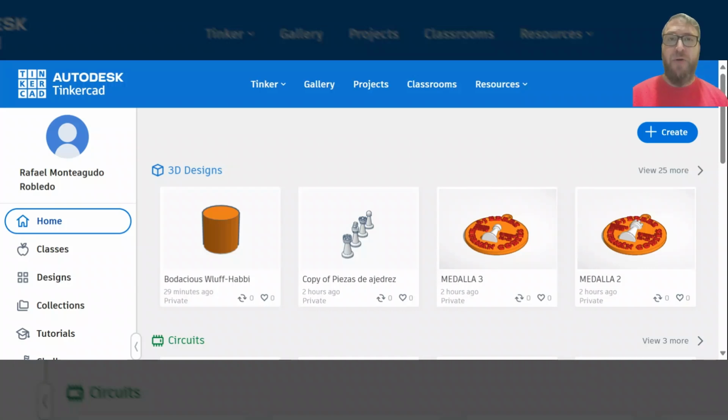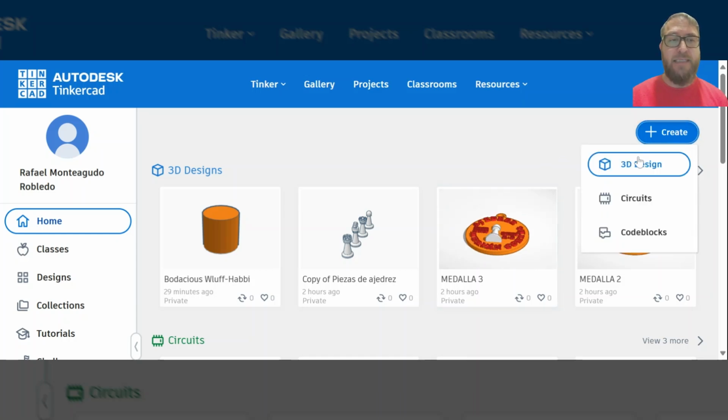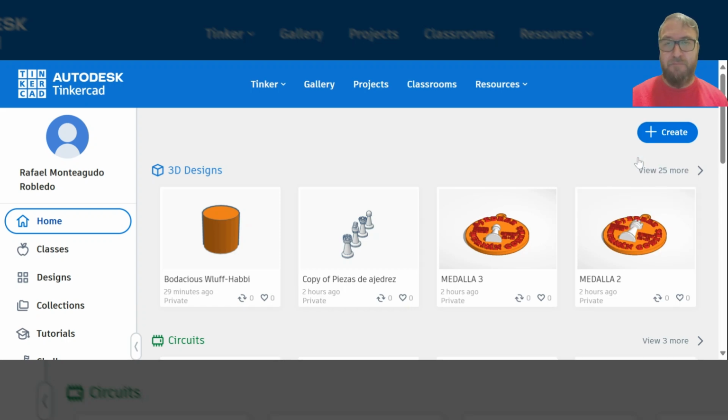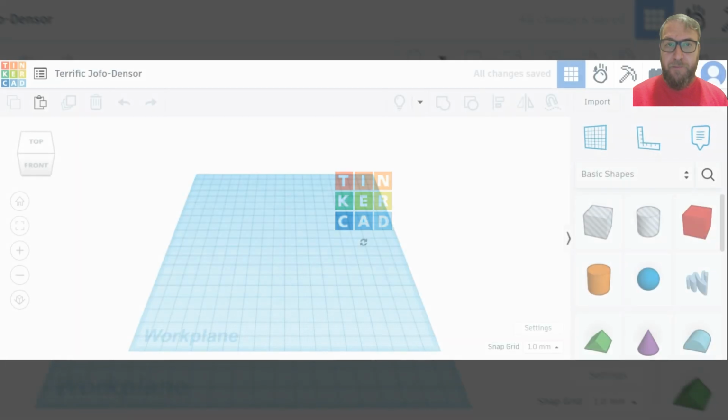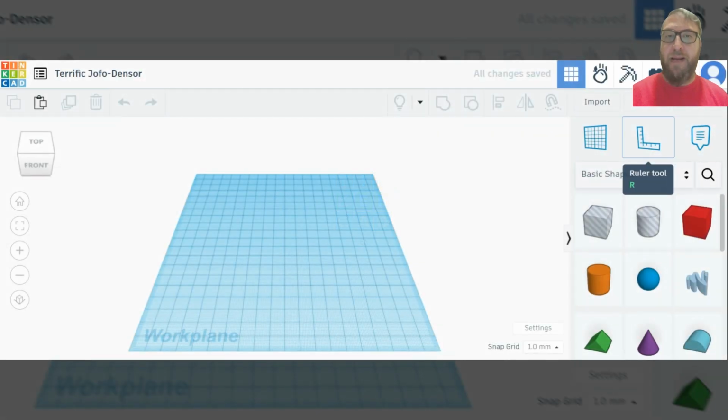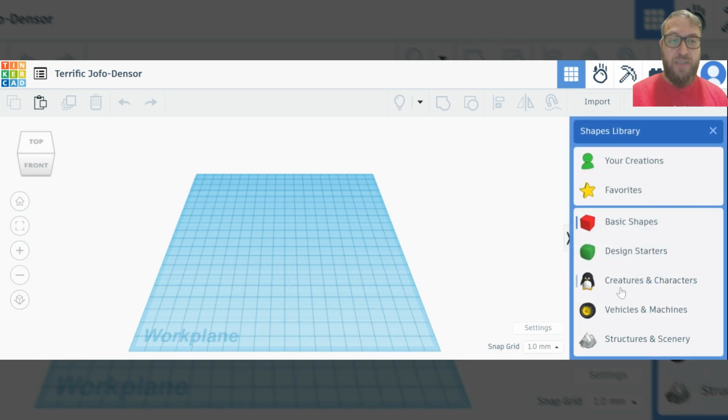Today I'm going to show you how to design a pumpkin with TINKERCAD. First, we're going to click on Create and select 3D Design. Now we have the work plane open. This pumpkin is going to be created with eggs, and we can find the egg on the Creatures and Characters